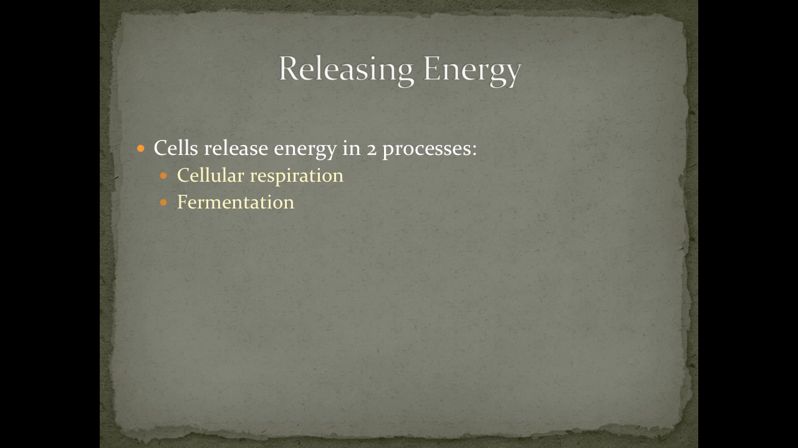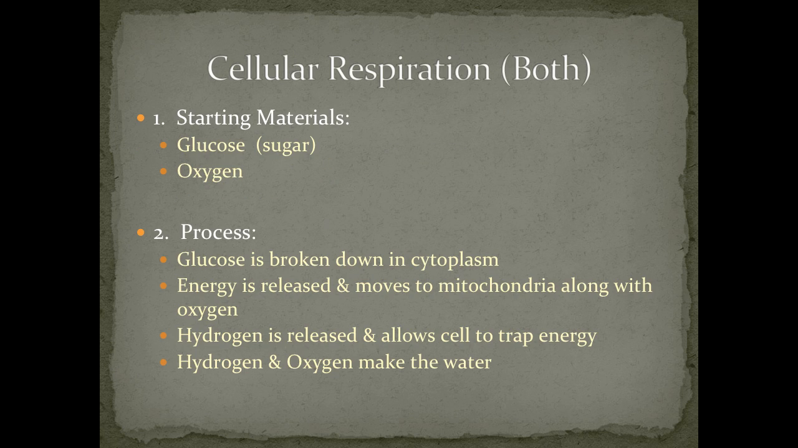Releasing energy. Cells release energy in two different processes. One of those processes is cellular respiration, and the other is fermentation. Cellular respiration occurs in both plant cells and animal cells. The starting materials needed in order for cellular respiration to be carried out include glucose, which is the sugar molecule, and oxygen. The actual process of cellular respiration includes that glucose is broken down